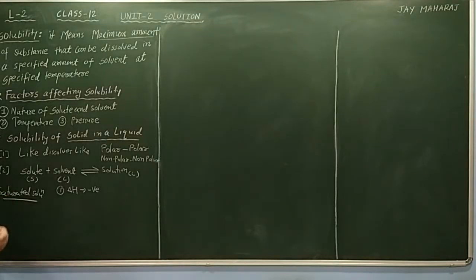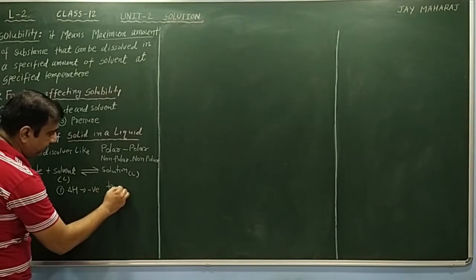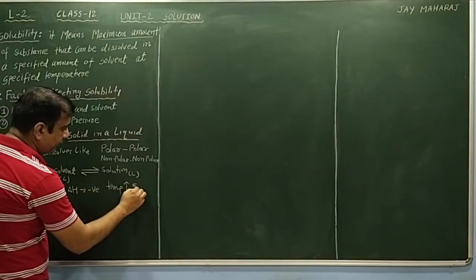In this case, as per Le Chatelier's principle, if we increase the temperature, the system will try to decrease the temperature. That means the reverse reaction takes place. So when temperature increases, we can say solubility